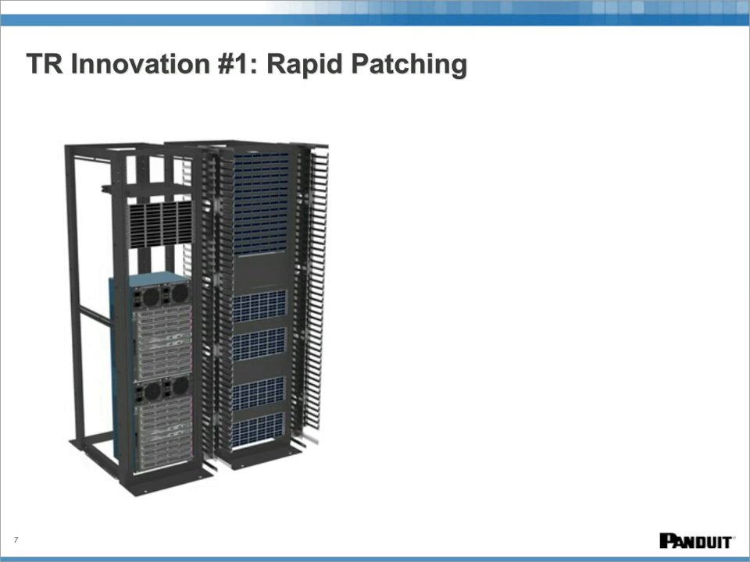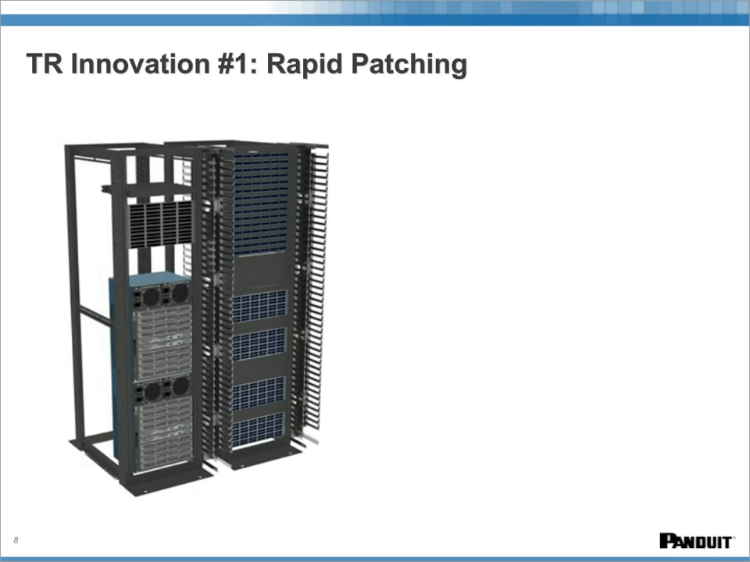Now, in this scenario, we've got a typical 2-rack layout. We've got 2 of those chassis switches on the left, and we've got a field of matching patch panels on the right. And what we want to do in this case is patch from one of the switch line cards, there you see highlighted, to one of the patch panels on the right. Now, with rapid patching, what we're doing